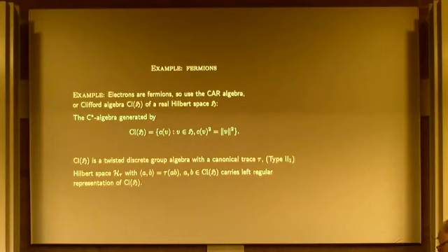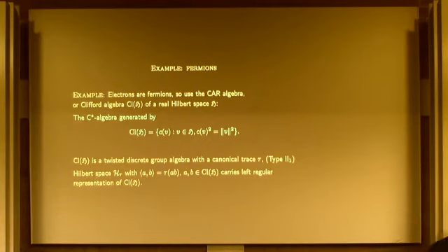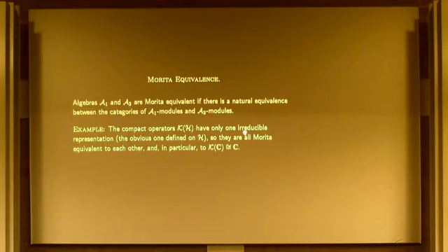You can use that trace to turn the Clifford algebra itself into a Hilbert space by using the trace and then closing it. It's a pre-Hilbert space as I've done it, but you close up and get a Hilbert space. And so you can then act with left multiplication, or for that matter, right multiplication. And then, again, just by way of explaining everything in case there are non-operator algebra people,